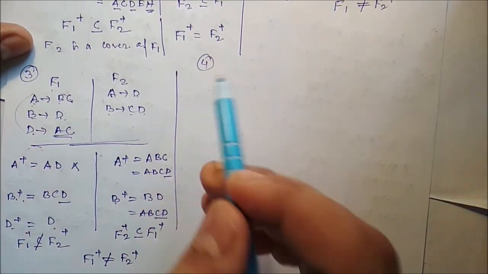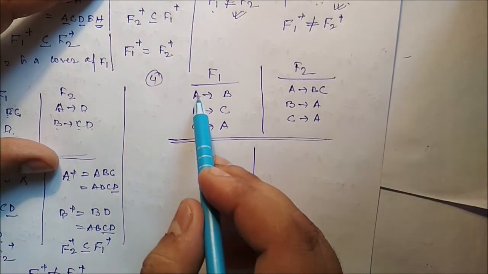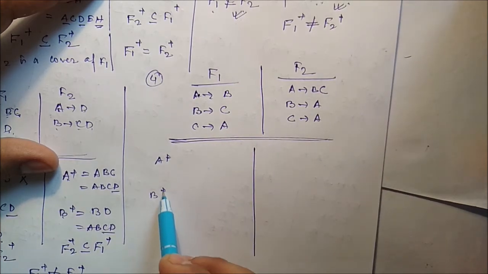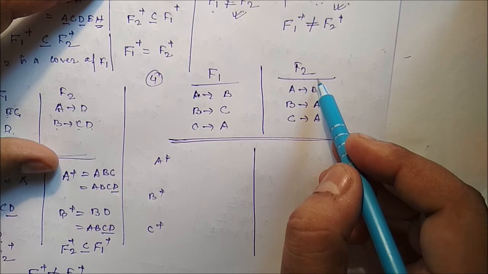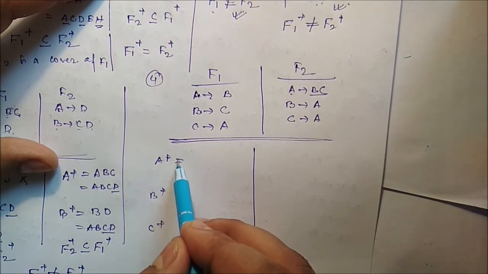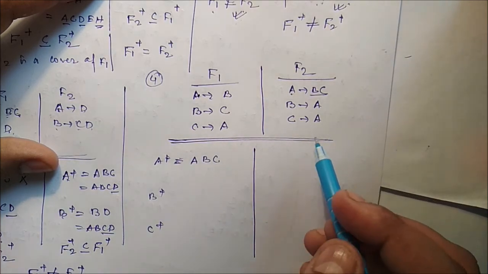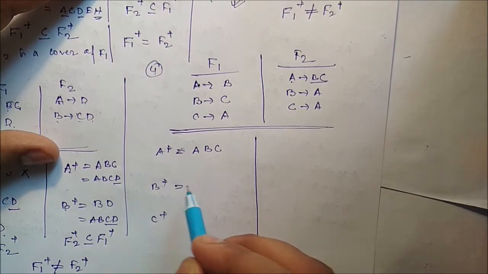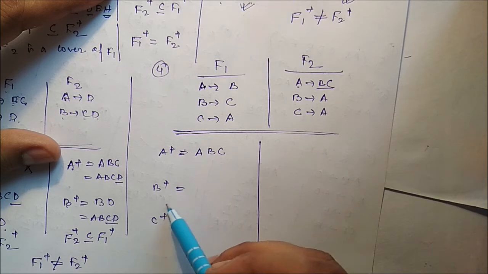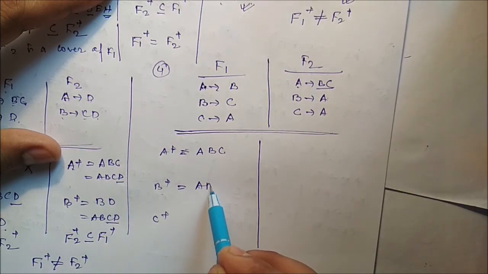Now we can see the last example. Now we have to identify the A closure, B closure and C closure using this FD. Just see, using A we can identify A and BC. Similarly, using the B closure we can identify B as well as A, and if we can identify A we can identify BC. That means it should also be ABC.